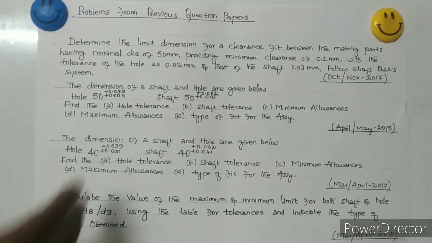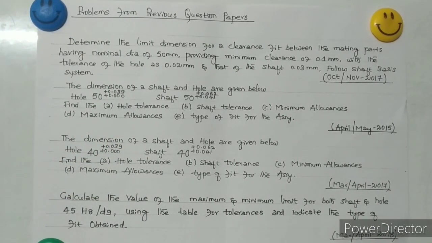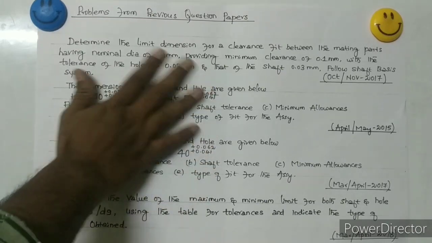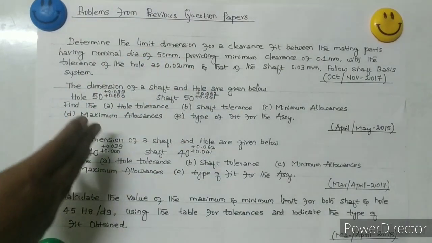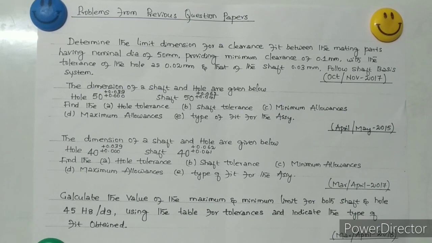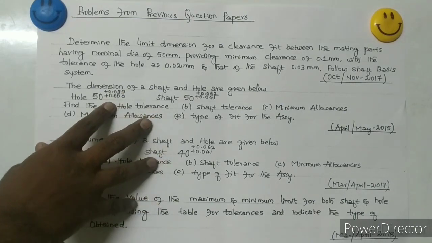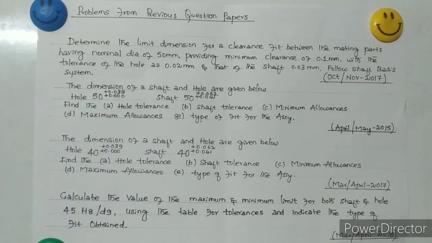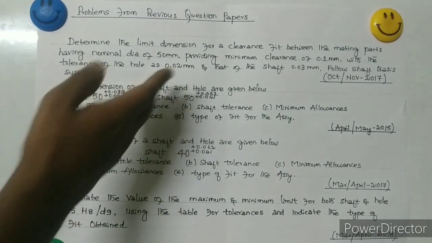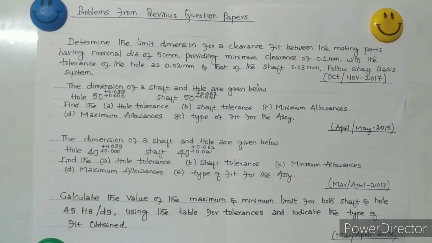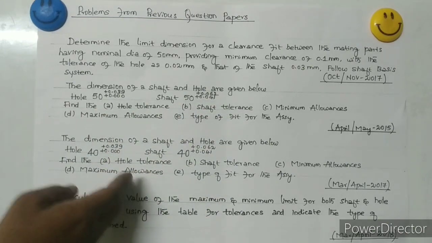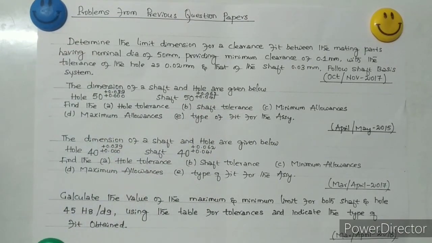These are some of the question paper problems I have taken for you people for practice, similar to the problems I already solved. You can keep the problem as a reference and try it yourself. They are simple problems from October, November 17, the 15, and again 18. The same dimensions are given. I think I already solved these problems, so you can solve some similar problems yourself.